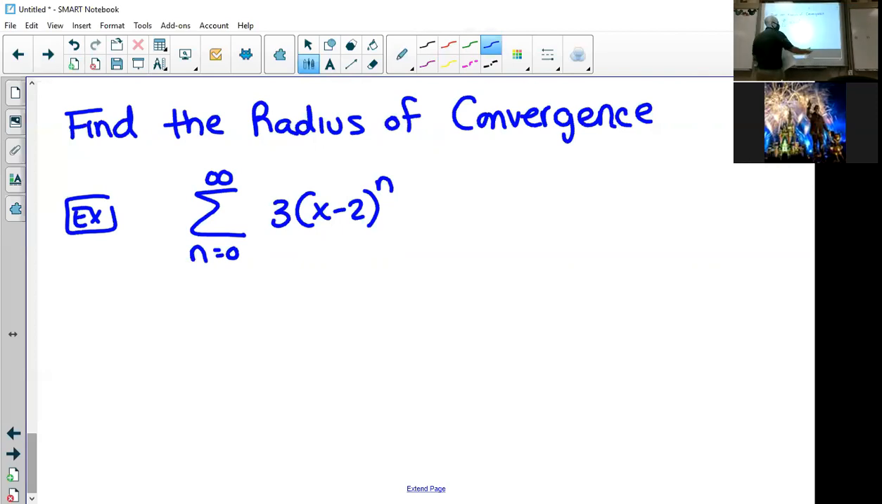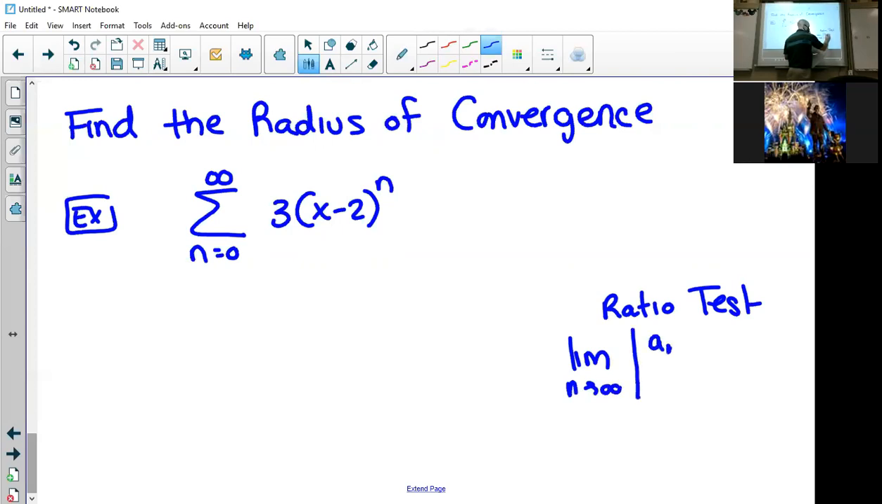We knew the ratio test, kind of over here on the side, was: if we take the limit as n goes to infinity of a sub n plus 1 over a sub n, it would converge if it was less than 1. And so that's actually the rule we're going to use for all of this. We're going to set up this ratio. We're going to take the limit